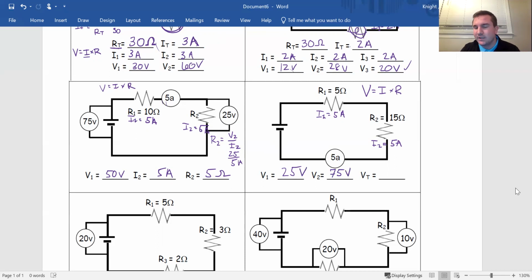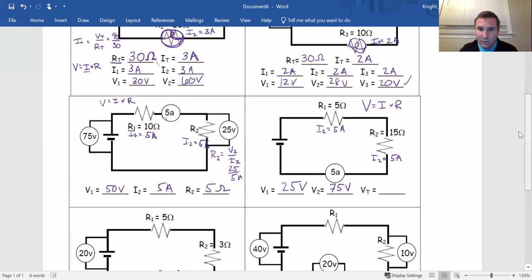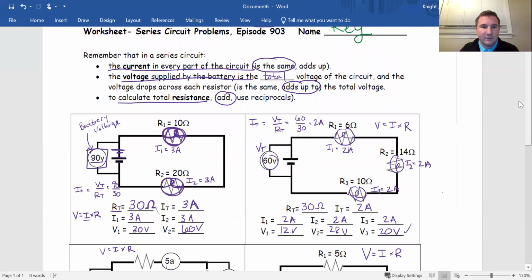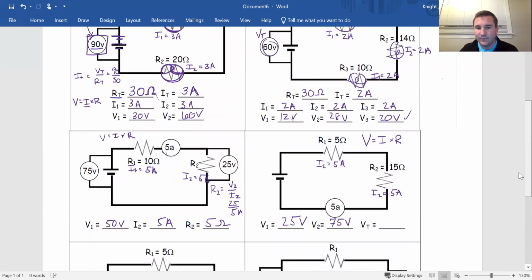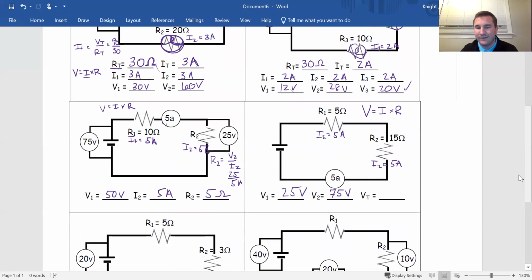15 times 4 is 60. And then another 15. Yeah, 75. So it's 75. So V1 and V2, 25 and 75. And then the total voltage is really easy because we know that the voltage drops across the resistors add to the total voltage. So if our voltage drops are 25 and 75, 25 plus 75 is 100. So the battery voltage is